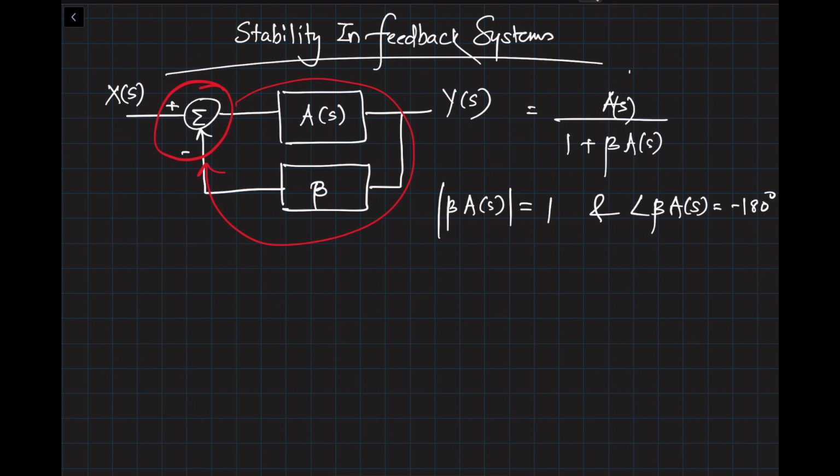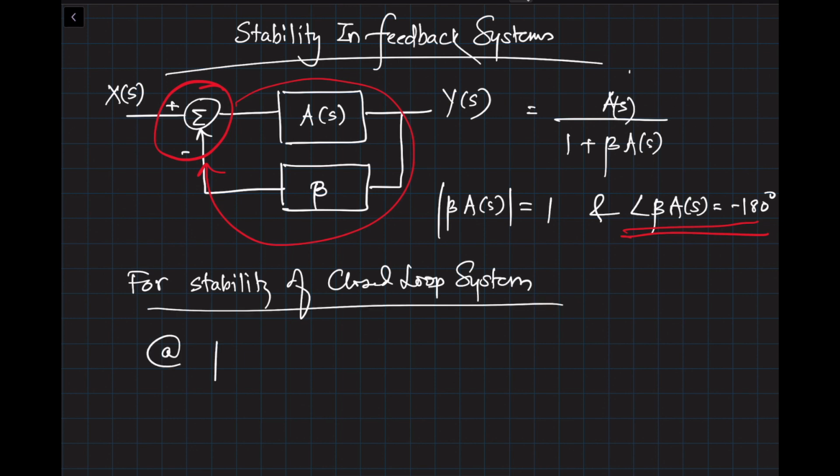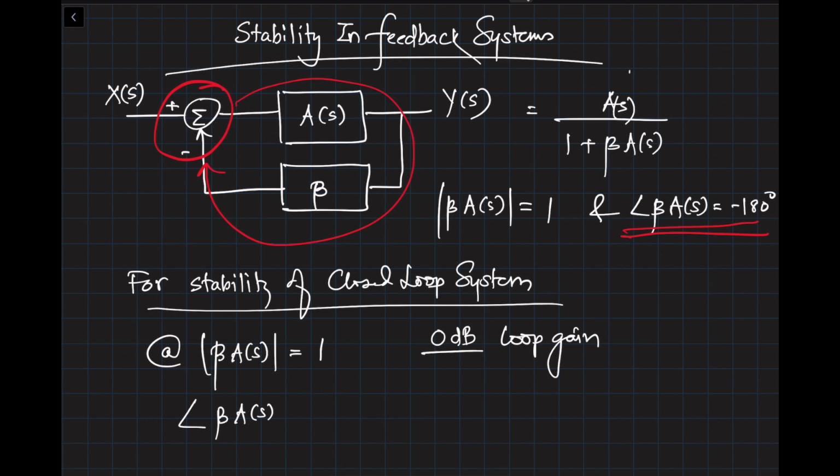So when it comes to stability, we want to stay away from this condition, which is given over here. And how far you're from that condition is what we like to call the phase margin. For stability of the closed loop systems, at the point where mod of beta times A of S is equal to 1, which is 0 dB loop gain, at that condition, we would like to make sure that the angle of beta times A of S is greater